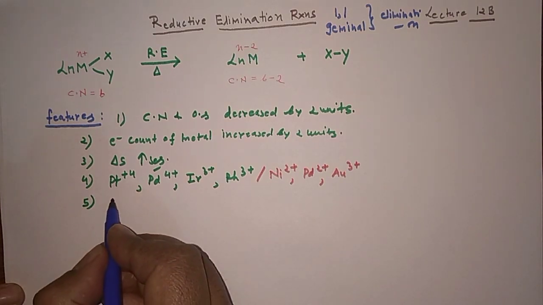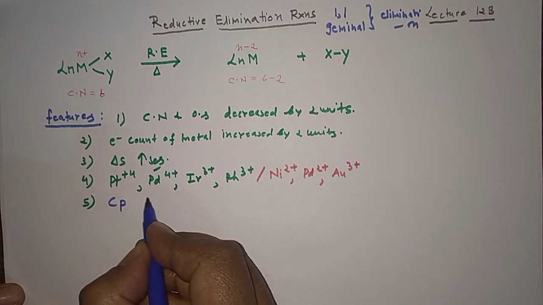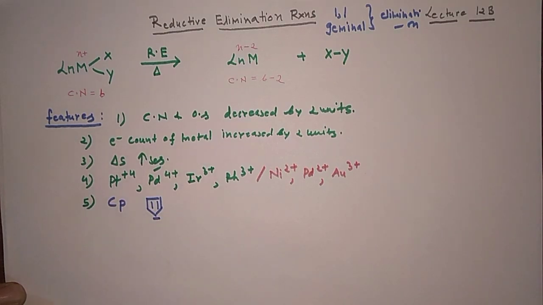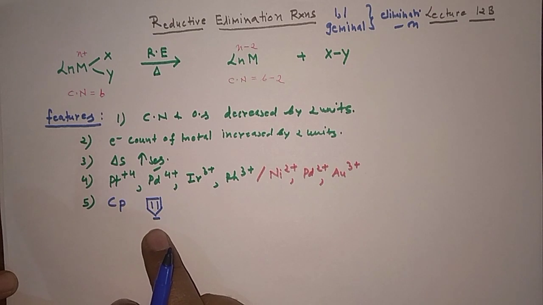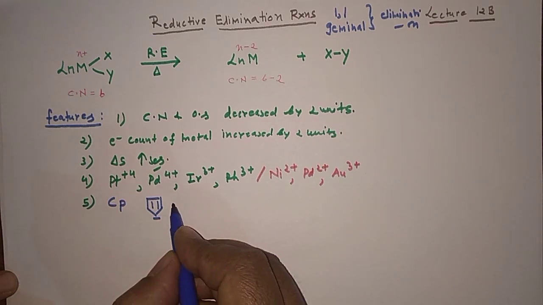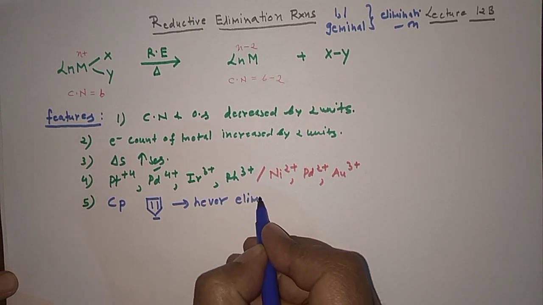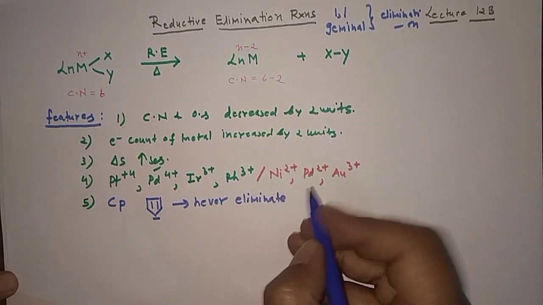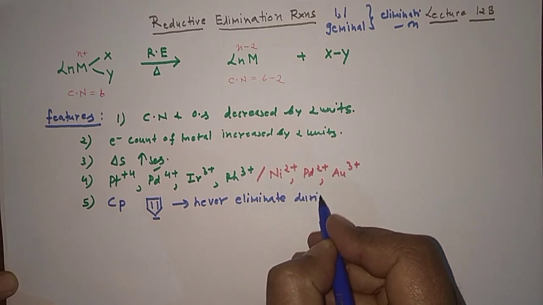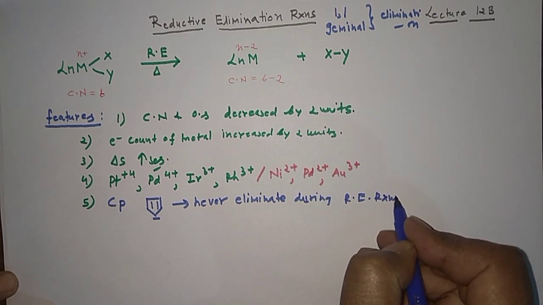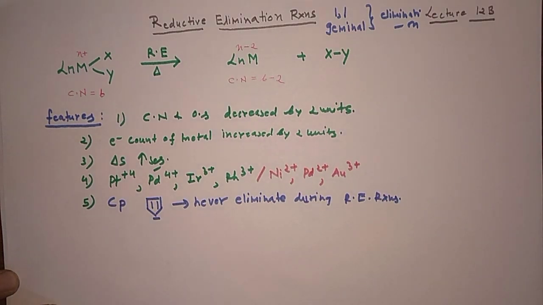See, whenever you have the Cp, cyclopentadiene anion, right? When this substrate is having it, then this will never eliminate during the reductive elimination reactions, right? However, the reasons are not given in the book, but you can apply some certain criteria